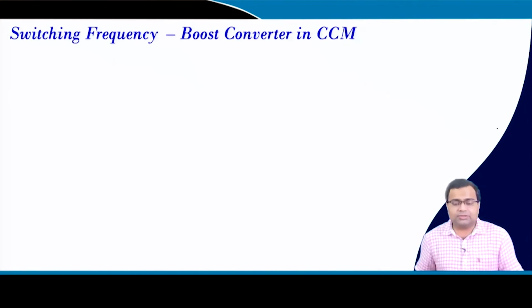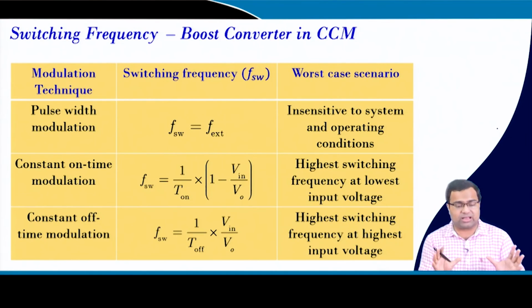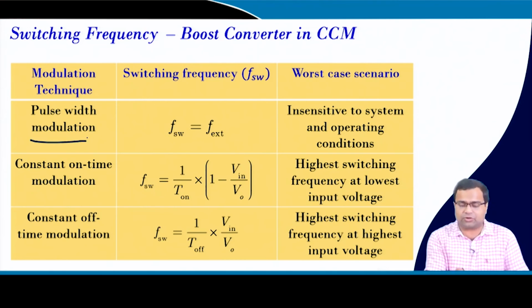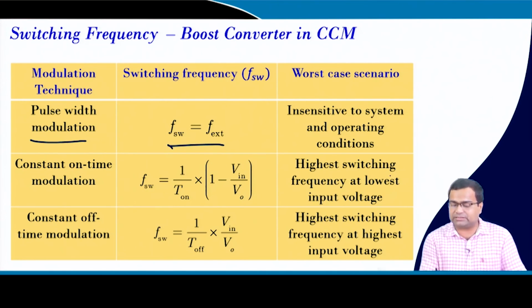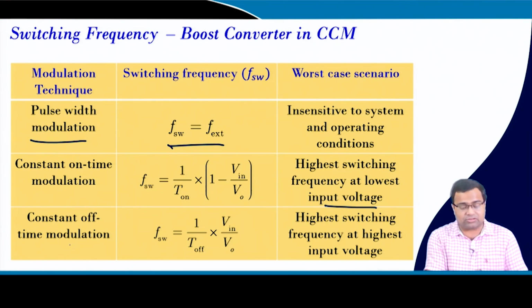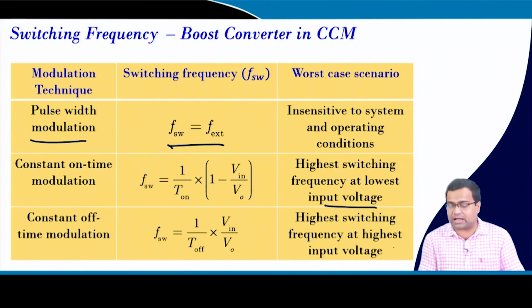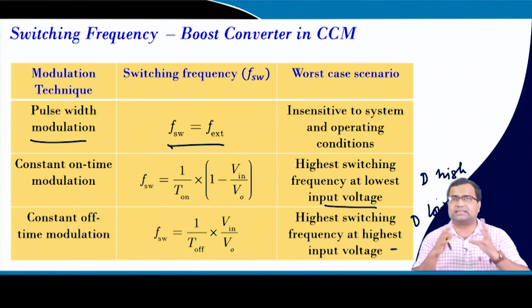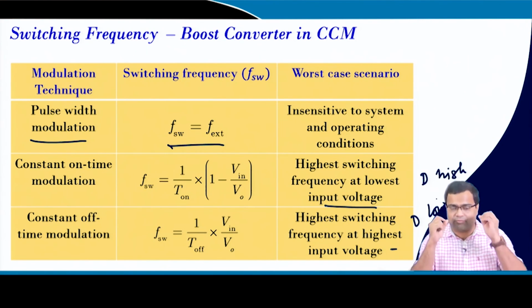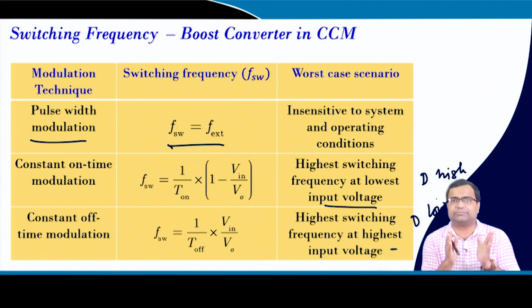Okay. So, switching frequency for the boost converter also can be discussed. Under fixed frequency control, this is constant. Under constant on time control, the switching frequency is maximum when the input voltage is lowest, and under constant off time control, it is maximum at the highest input voltage. That means this is when the D is high and when the D is low. Okay. So, these are the challenges in variable frequency,